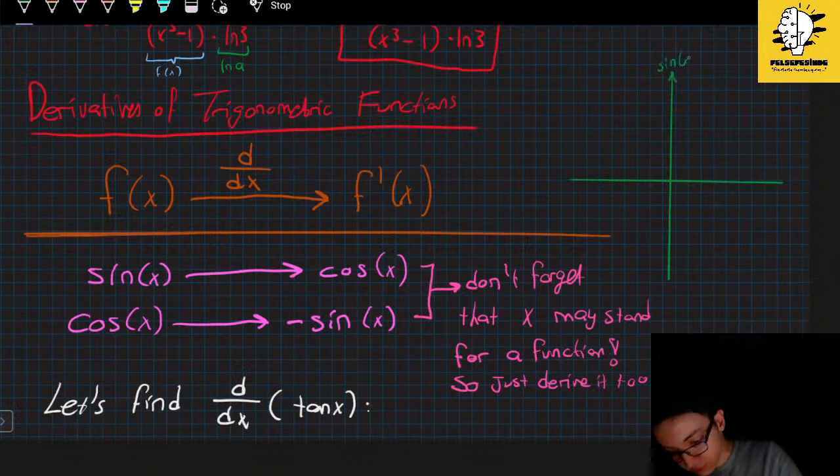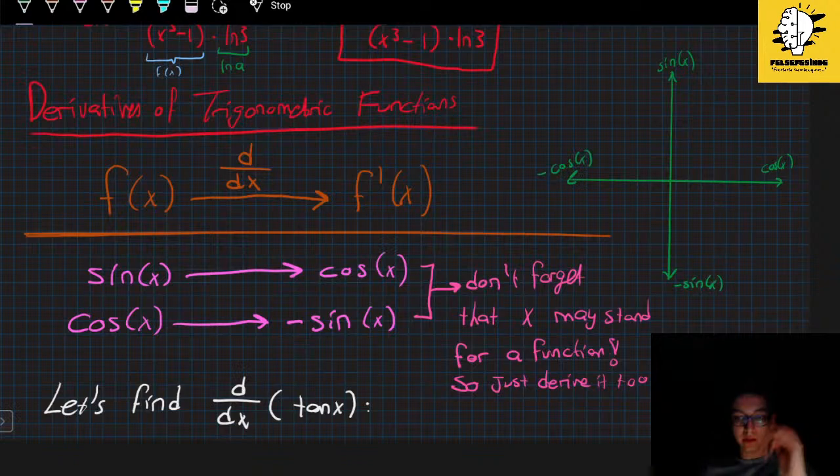And this is cosine x. And we said this is negative sine x. Hence this is negative cosine x. The axes are like this for a unit circle. Hence, you can see that if you follow the clockwise direction,